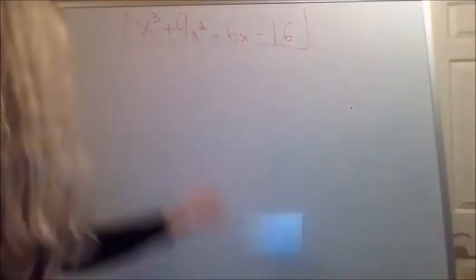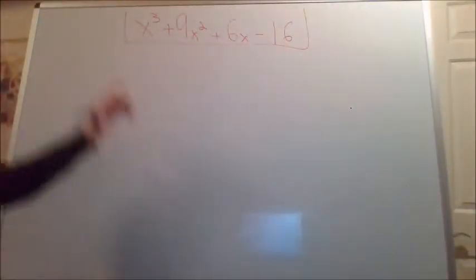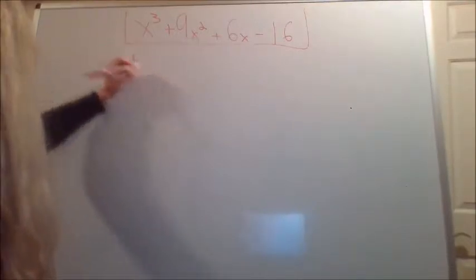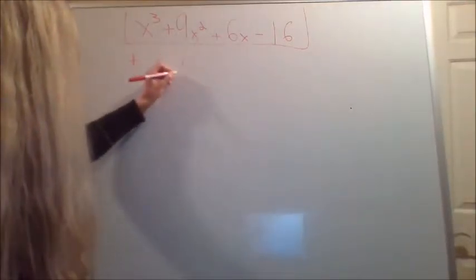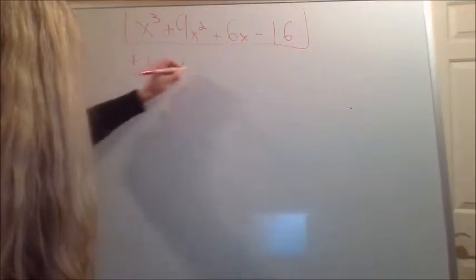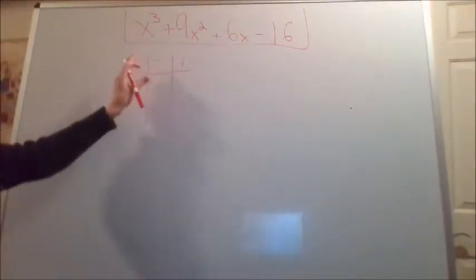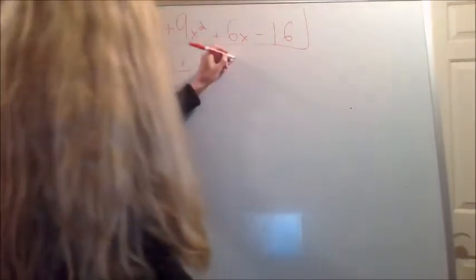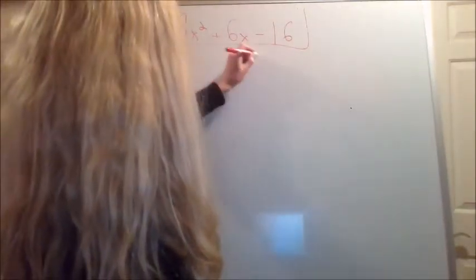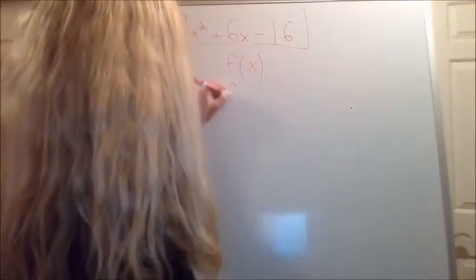Hi, let's use Descartes' rule of signs to find the zeros of this polynomial function. If we draw a chart right here, positive, negative, and imaginary zeros, we can find the number possible of each of these types of zeros by considering the sign changes of the coefficients of f of x and f